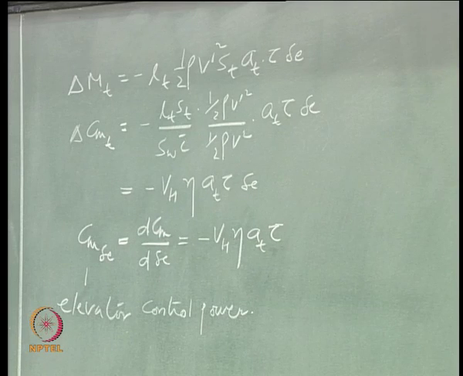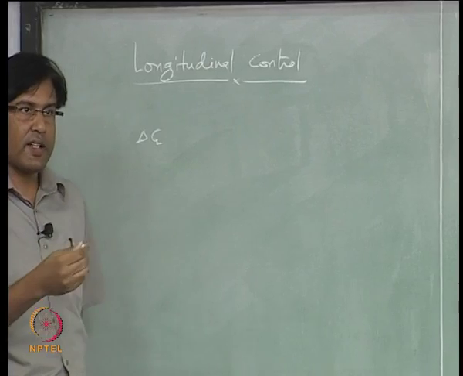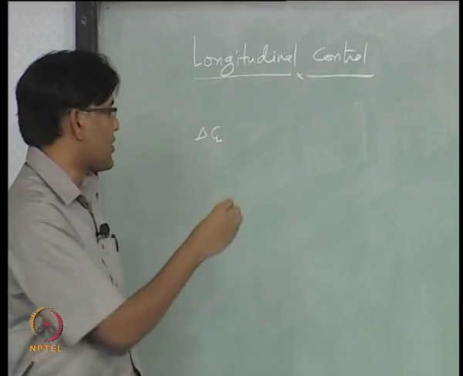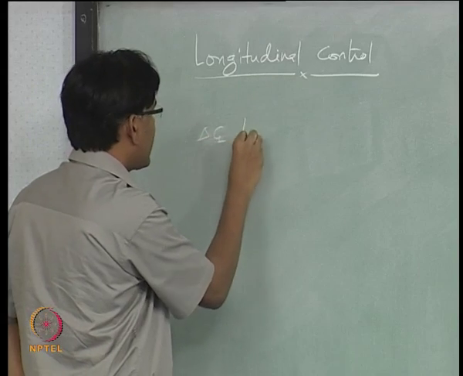Anything else you see here? Similarly, we will also have a change in lift, right. So, through these terms, I can say delta CL due to elevator is going to be, so let us write the expression for the total lift first,